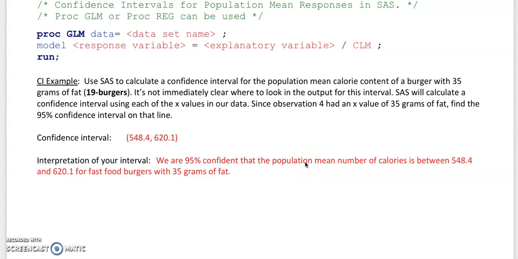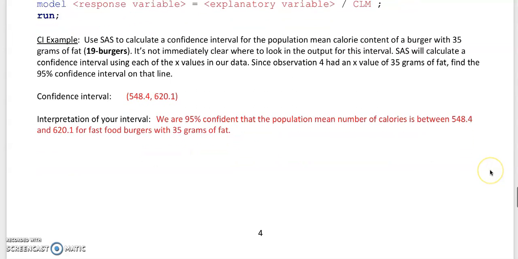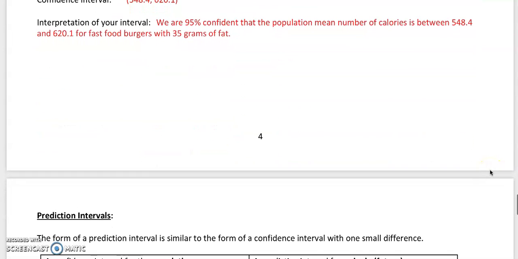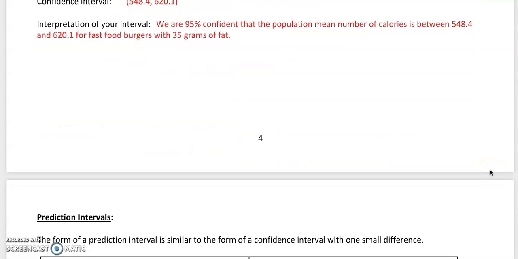We ended our last video looking at how to use SAS to find a confidence interval for a predicted value using our simple linear regression, and then how to interpret that interval once we got it. And I mentioned that we're going to start this next video by talking about doing the same thing for prediction